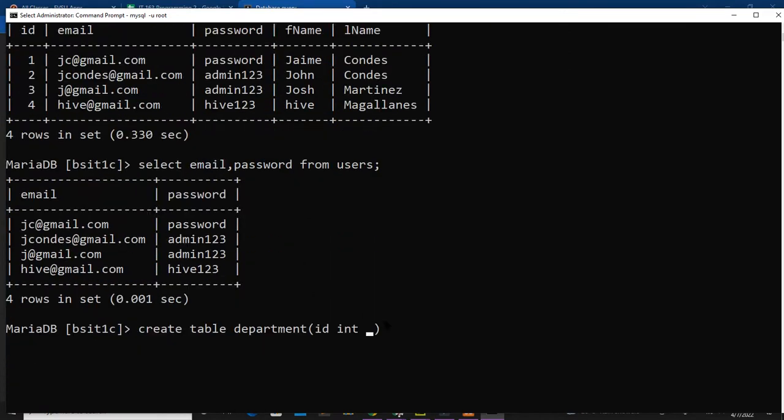Okay, so ang ato lang kuha na nani kay int not null, and then space primary key, and then space auto underscore increment. Okay, and then comma